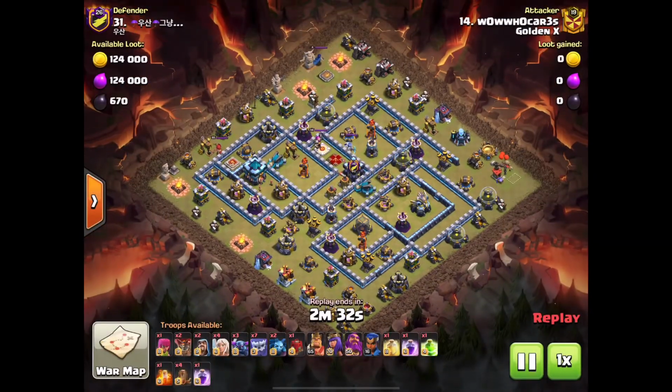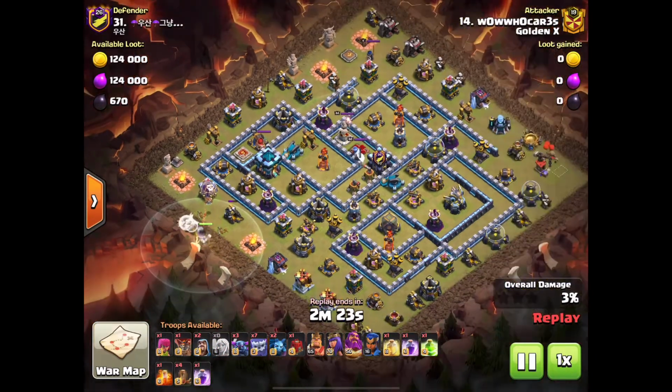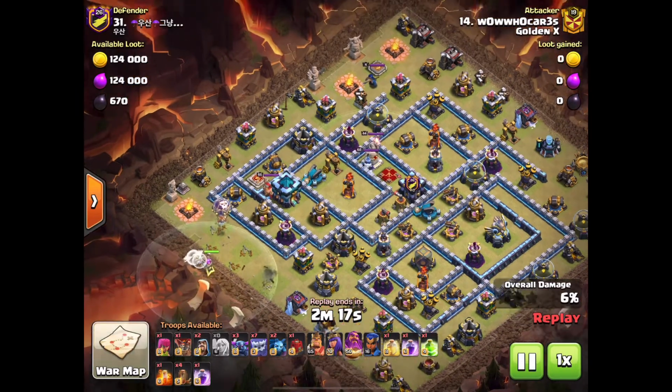Alrighty, and here we go with the attack by Wow Who Cares coming in. Here we go. He's going to start off the funneling with the Warden walk there, using the Coco Loon, checking for any Seeking Air Mines. Warden's going to do his job clearing out these few buildings just to create the funnel on that side of